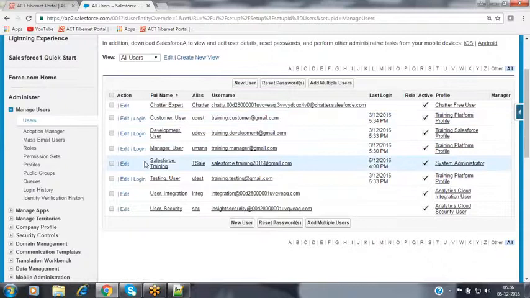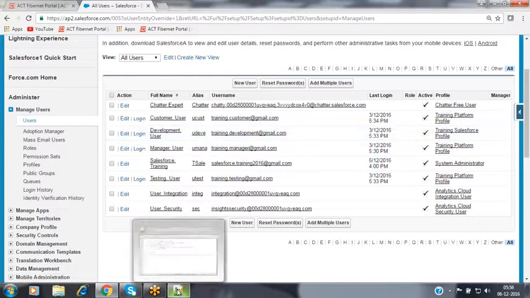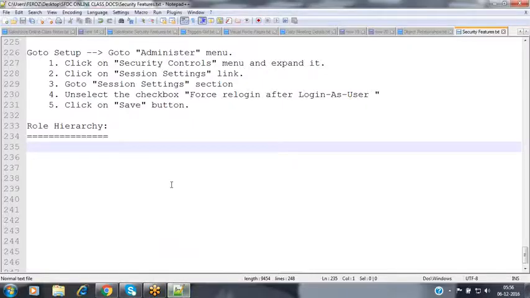We discussed it practically, and also how to prevent the forced logout screen. Now, coming to the role hierarchy, what exactly the role hierarchy is, how to configure it, and how to assign it to the users, we'll see practically here.